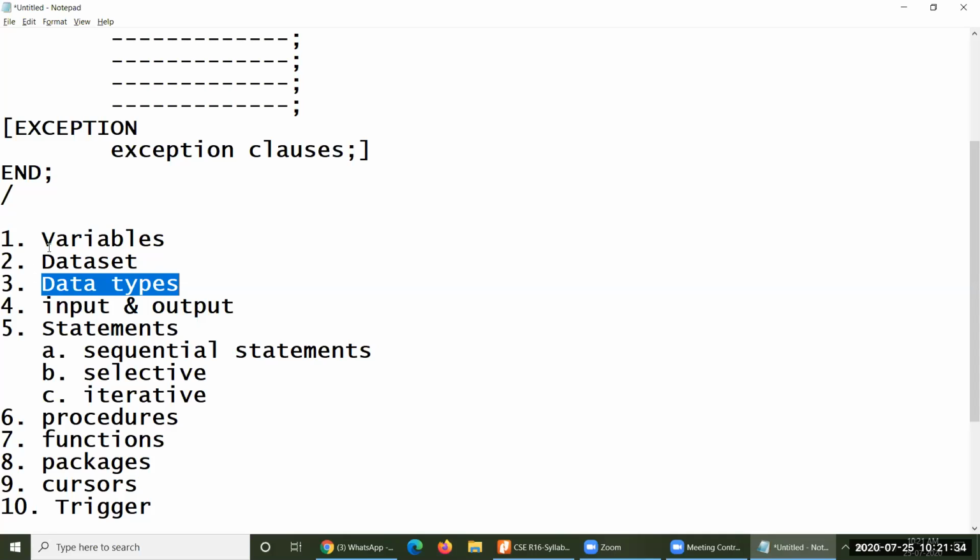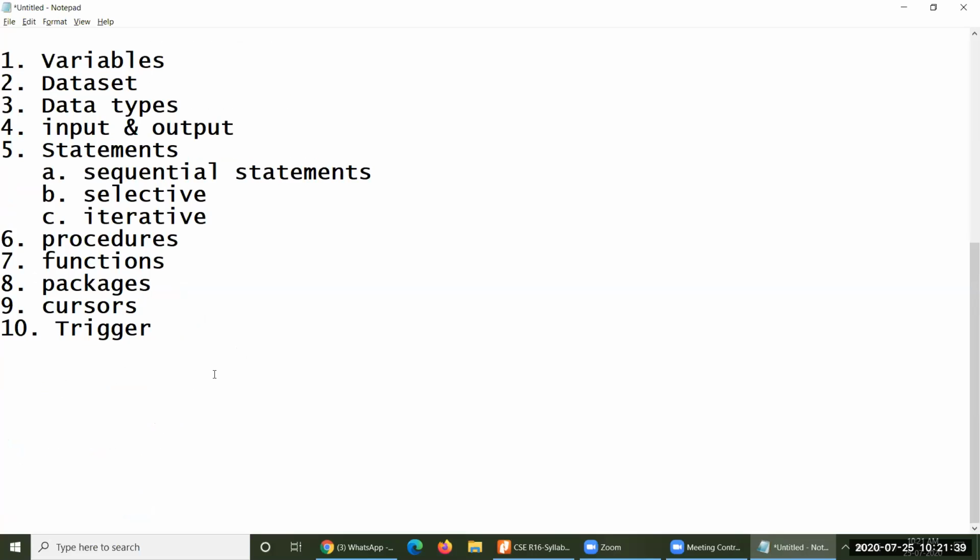Before going to data types, let me take the data set. What is the data set you are supposed to use? Here, you can use capital A to Z, otherwise small a to z.